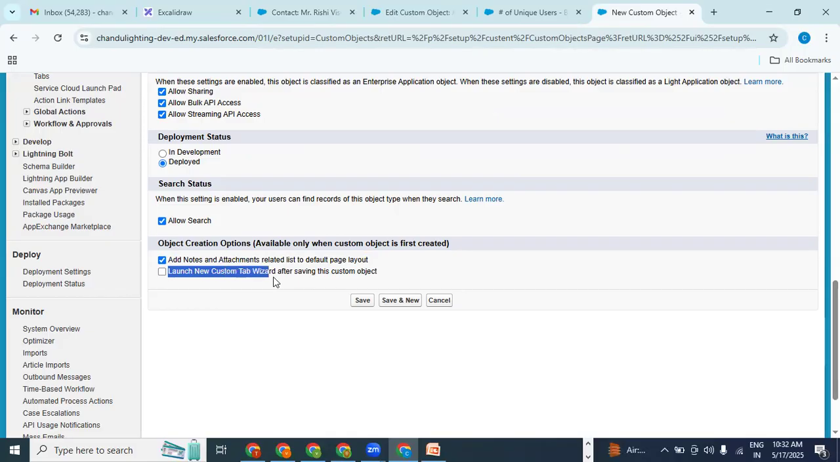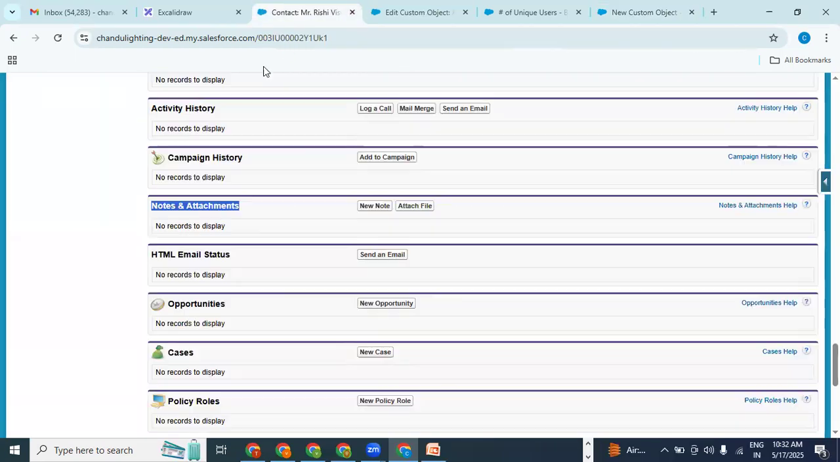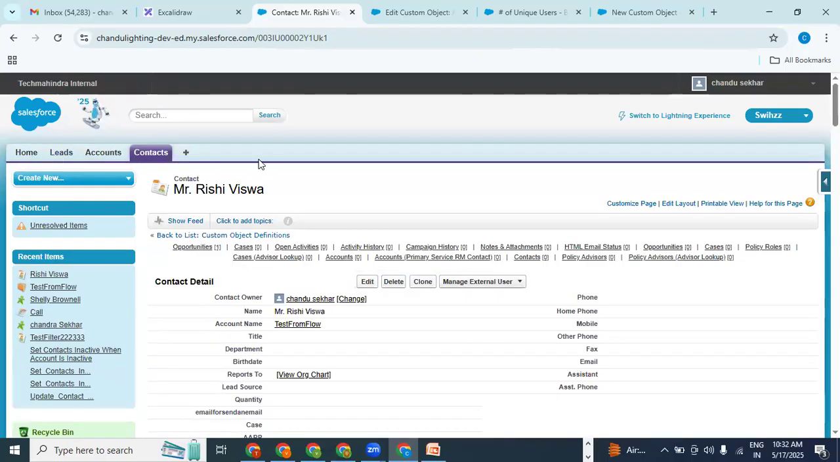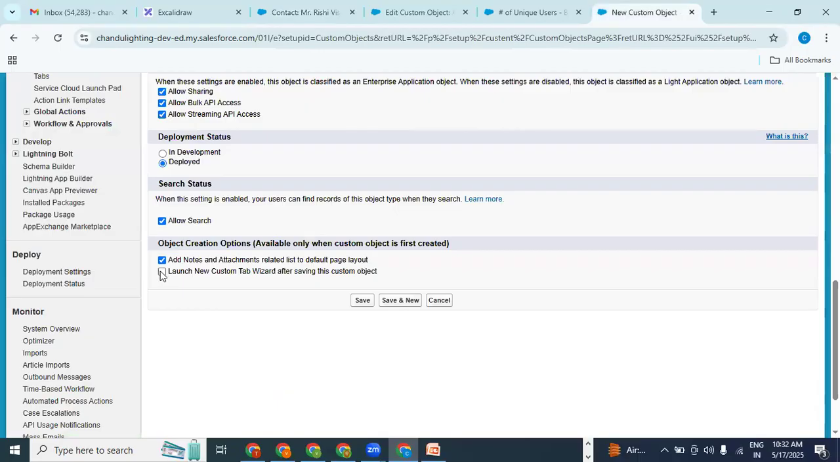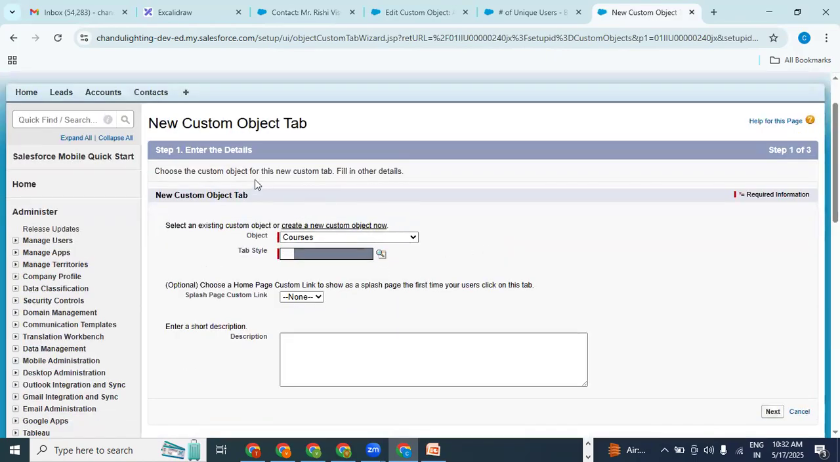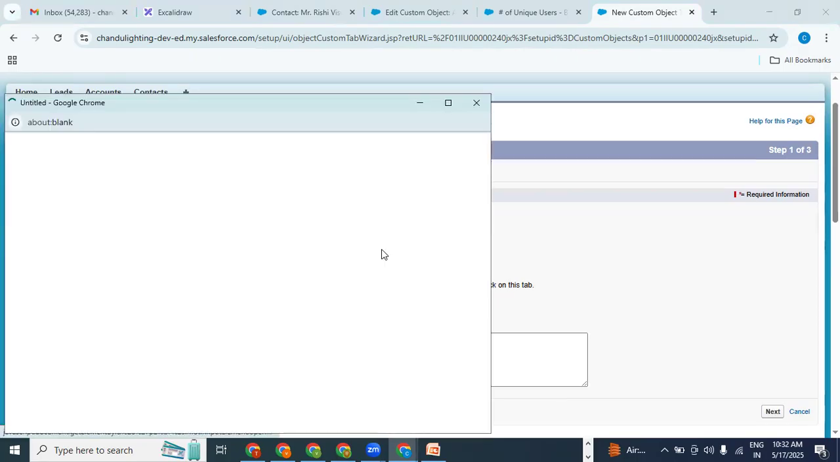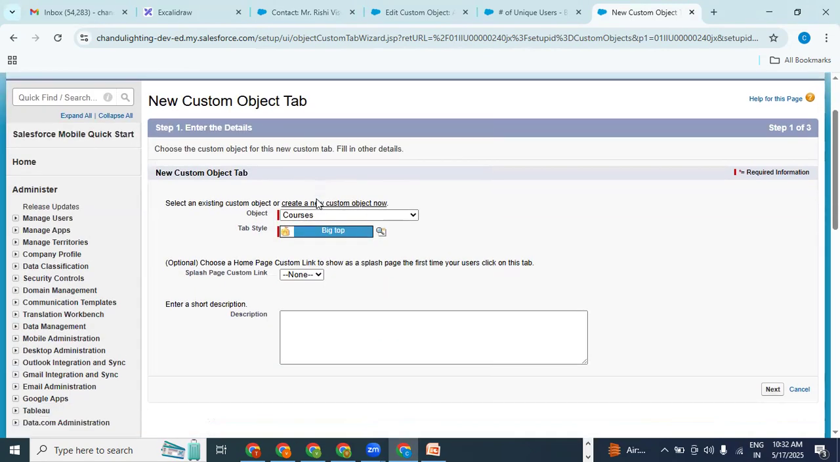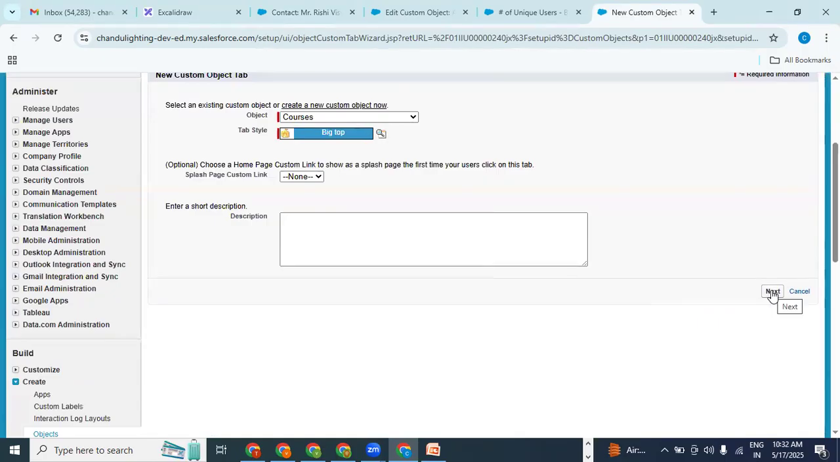What is this option? Launch new custom tab after saving this custom object. So you created a custom object, but you want to store the records, so for that you need a tab. That is an option provided. We need to enable all these things. Whenever you click on save, an object will be created, and also this is step one. Object name courses. It is asking for the tab style. You can just select anything. Now when I click on next,